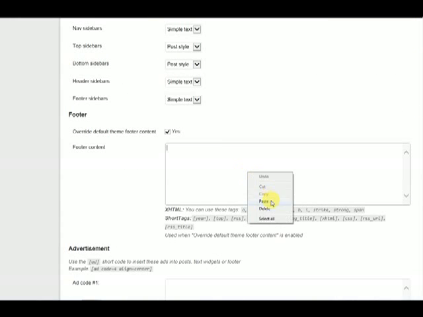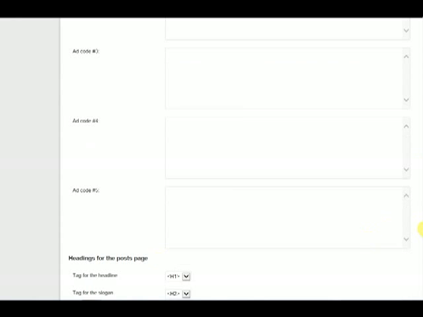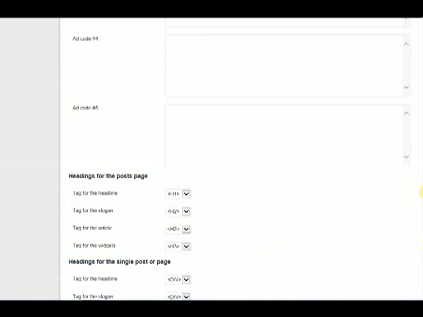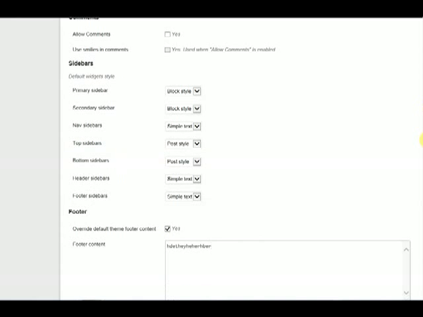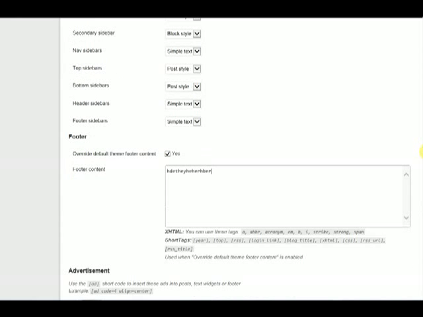And once it's saved in there, you paste it in there and you hit save changes. It's going to appear at the bottom of every single page, and it's going to override everything. This is the override default theme for the content if this is ticked on. So you basically want it to say copyright, and this is the year, and you can put your privacy pages in there with